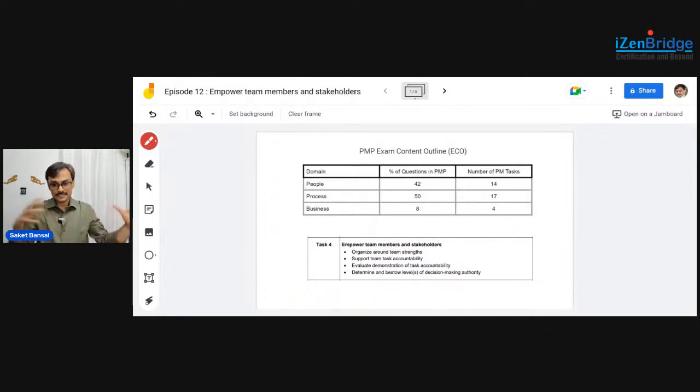I understand this is pretty much interlinked with the leadership role, and it's kind of a reiteration of something which we have already discussed sometime, but I think it's a nice way to summarize and relate to this particular topic. Yes, the people domain has a good repetition, but I think that's the value. It makes things a little easier for you to prepare for your PMP exam. Okay, so I stop sharing and we can talk about